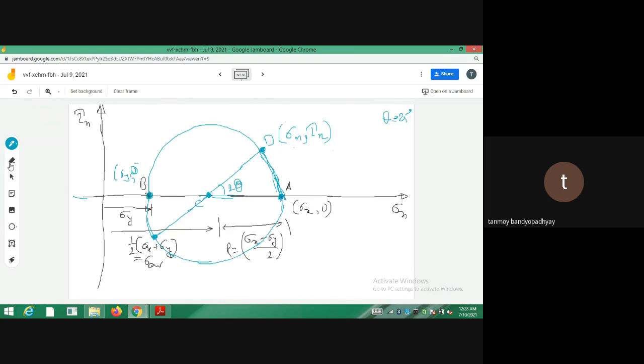So at the diametrically opposite point you will be getting something like D prime. So D prime will be giving you the complementary stresses for this one. Why? Because on the Mohr circle every angle is actually doubled. So the complementary planes are actually separated by 90 degrees, so on the Mohr circle the complementary planes will be separated by 180 degrees.